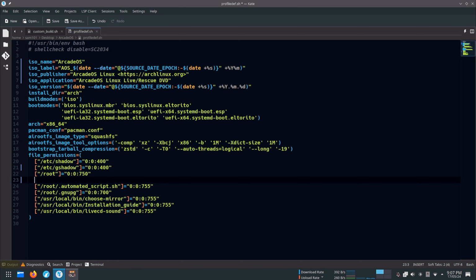Now add the g_wheel file. And give that file a permission of 0:0:440. That's it. Save it and exit.